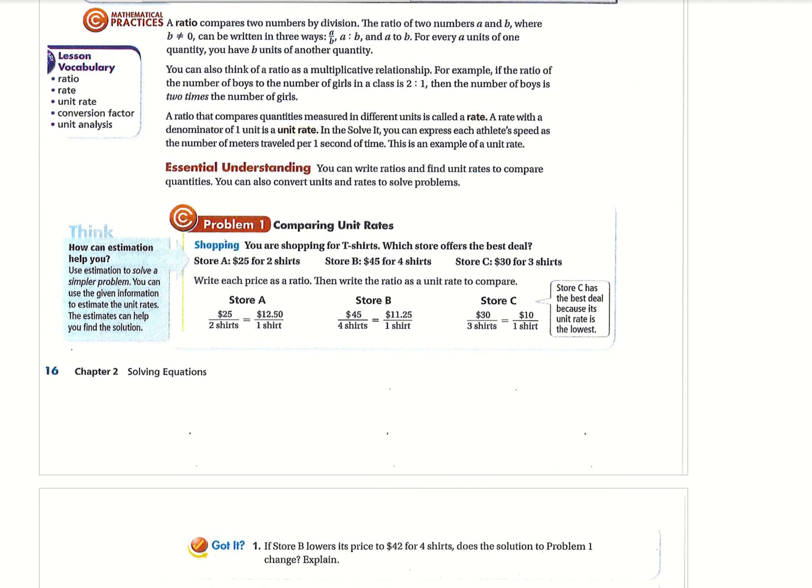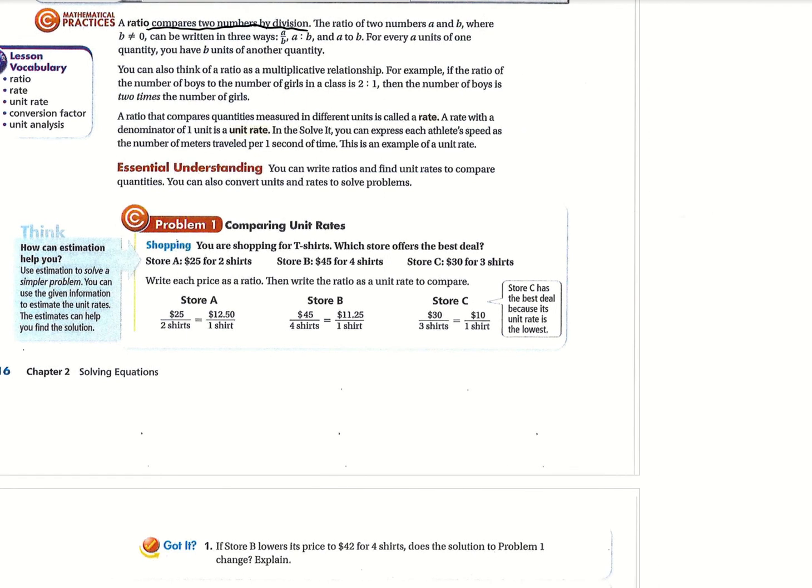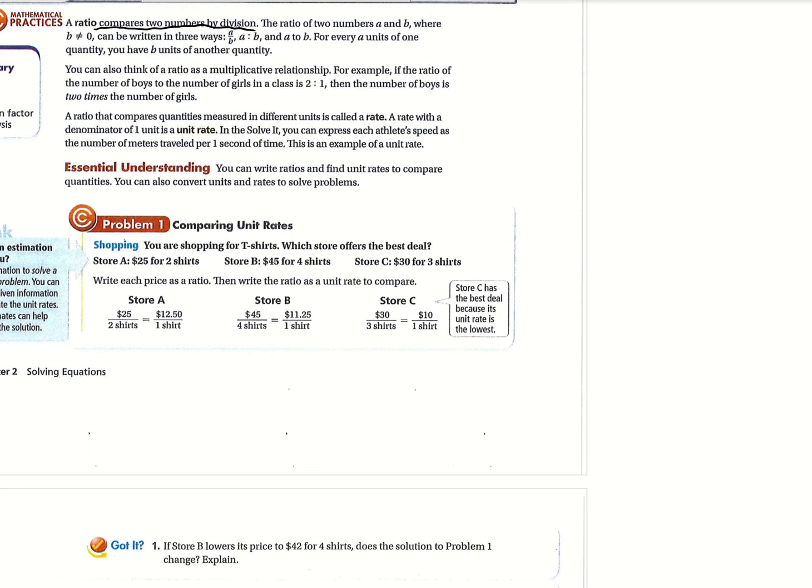We're going to come down to this long-winded writing that they've got here in the book. And we can pretty much ignore most of it, but we're going to look at a few things. So a ratio compares two numbers by division. All right, just an example of a ratio in case you don't remember. This is one example of a ratio. This counts as a ratio,